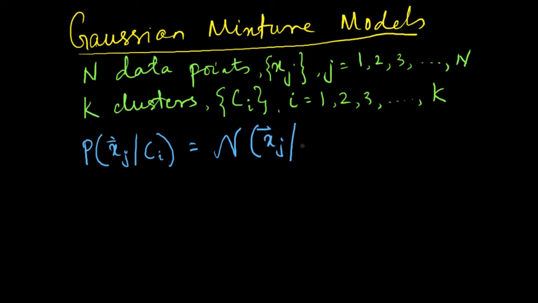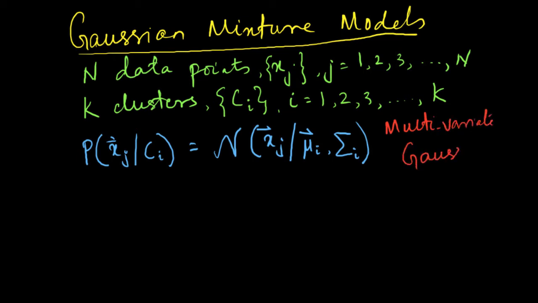which of course is determined by its mean, which is mu i, and the covariance matrix. So when you have a single variable Gaussian distribution, then you have a mean and a variance, which are scalars. But when you have multiple variables, then you have the mean, which becomes a vector instead of a scalar, and this variance becomes the covariance matrix. So this is a multivariate Gaussian distribution,